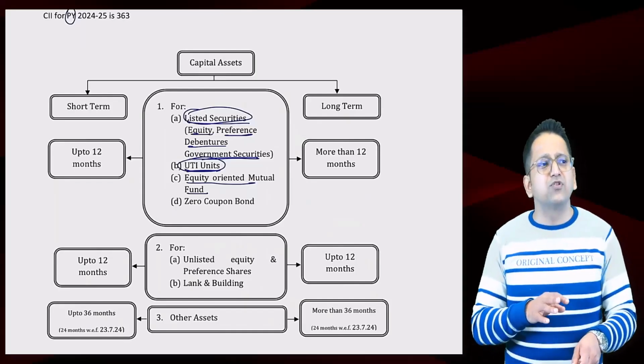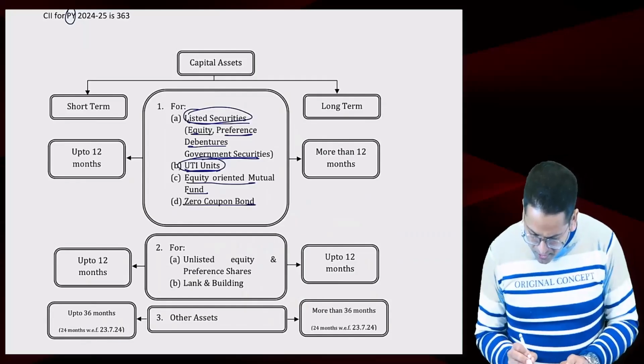In fact, debt-oriented mutual fund was not a term in our country. It was called equity-oriented mutual fund, or other than equity-oriented mutual fund. If 65% or more money was in equity, then it was called equity-oriented, otherwise other than equity-oriented. Honorable Arun Jaitley once presented the budget, and while presenting, this word, debt-oriented mutual fund, was first used, and since then we have also started calling it debt-oriented mutual fund.